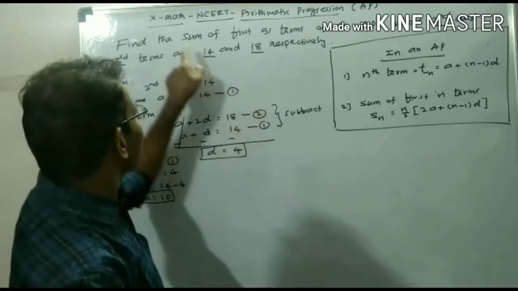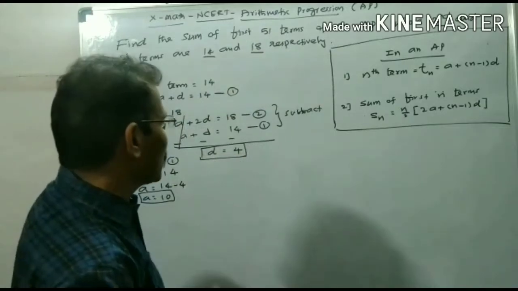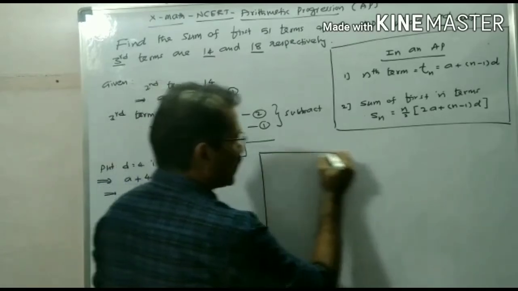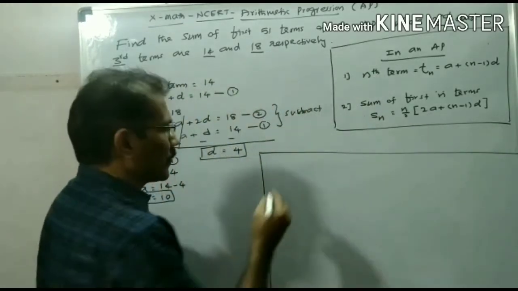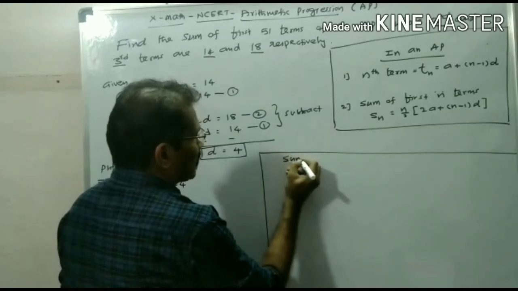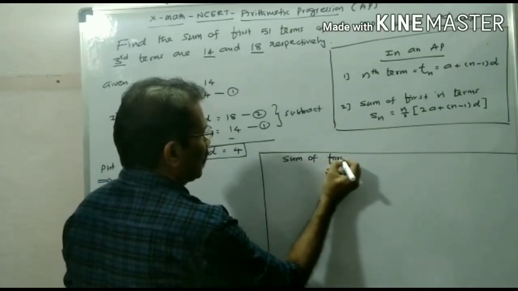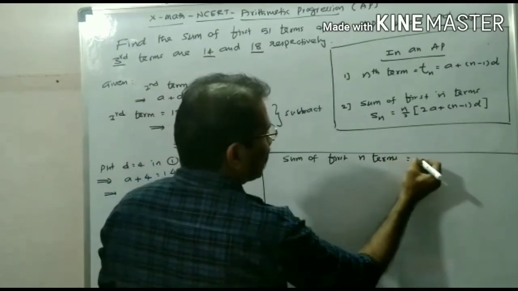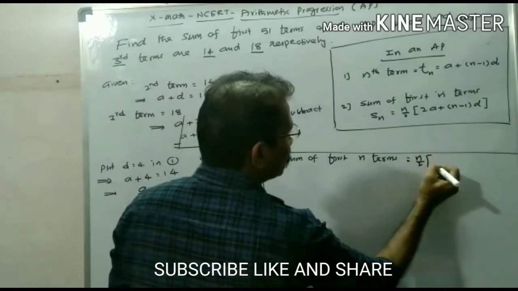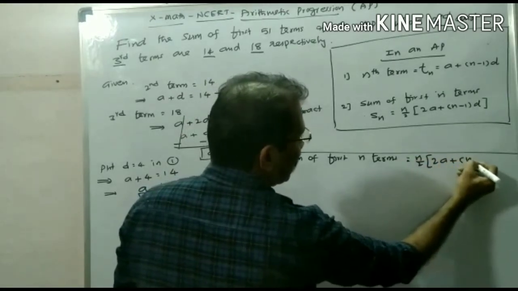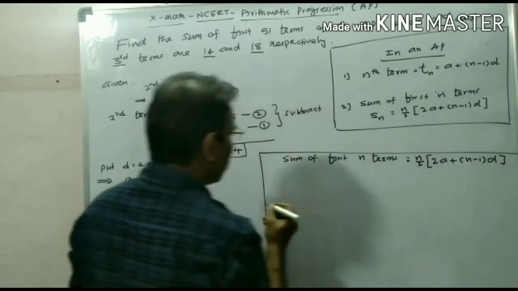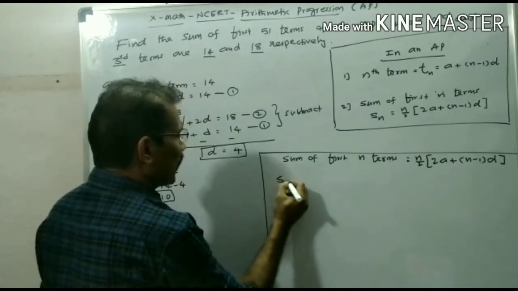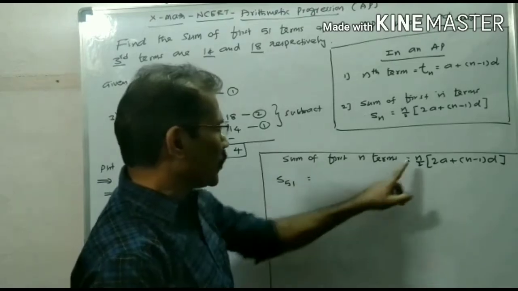Then next, what is asked? It is asking to find the sum of the first 51 terms. To get the sum of the first 51 terms, or the sum of n terms of an AP, now we are going to use this formula. Sum of first n terms is n by 2 into 2a plus n minus 1 into d, indicated by Sn. But now here we require S51, which means n is equal to 51.